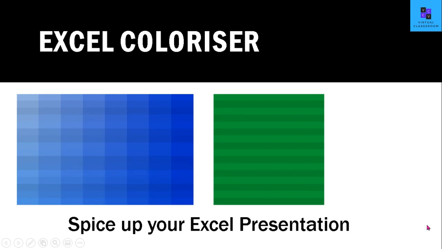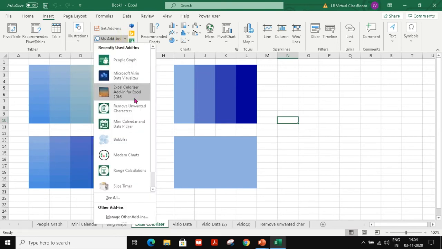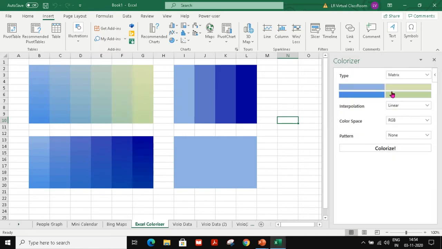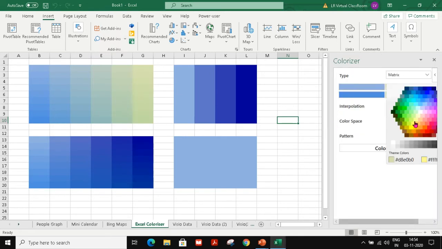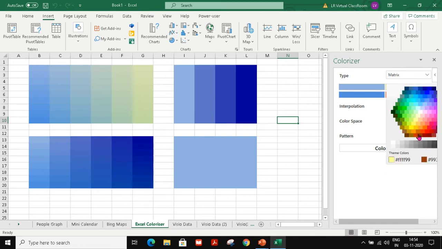Next, we are going to talk about Excel Colorizer. This is another cool add-in which I want to talk about. This makes your Excel very colorful. Most of the time we struggle in formatting our Excel cells. With just a click of a button, I can apply the colorizer and format my Excel cells with a different color. Let me select a dark color here